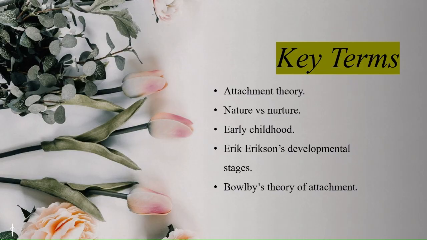For example, in the early developmental stage, if a child is in the trust versus mistrust stage, a caregiver needs to give that child a secure environment because the child cannot fend for themselves. They depend on the caregiver for food, for changing their diapers, and all of that. So if those needs are not met, the attachment that they will develop will be insecure, meaning that the child does not trust the caregiver.